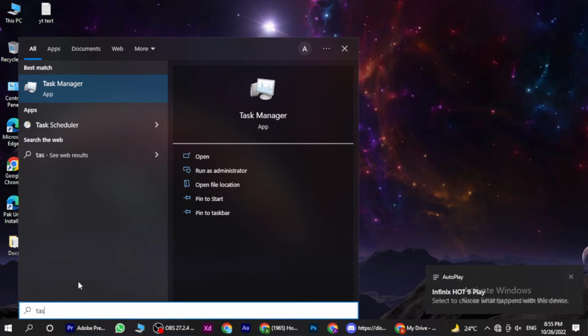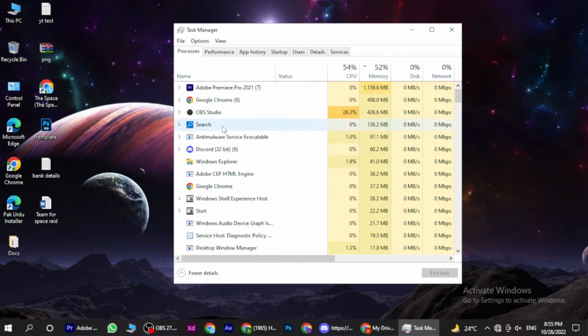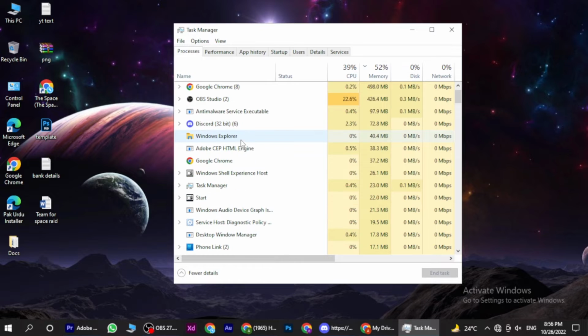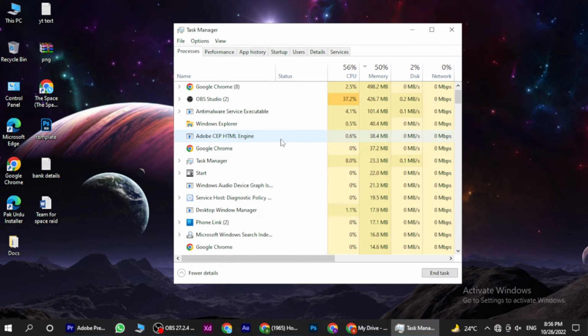You have to go to your Windows and here you have to search for Task Manager. Once you are in, you have to click on the apps and here you have to find Discord. Once you find it, you have to end the task. Now you have to go back